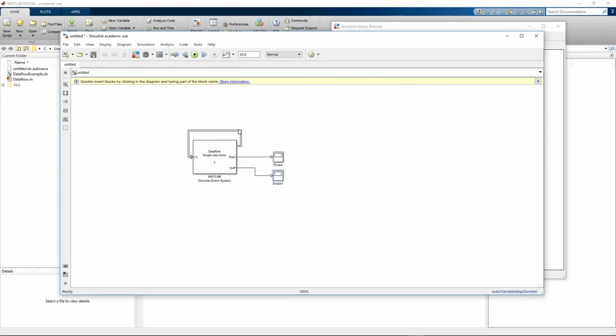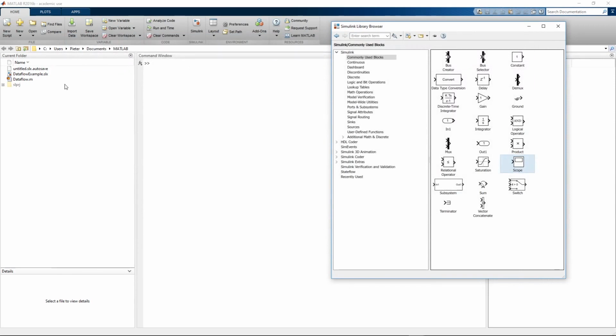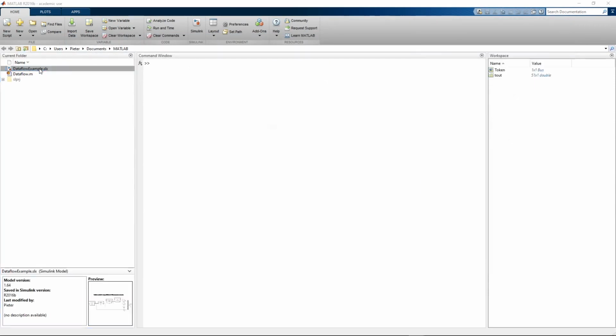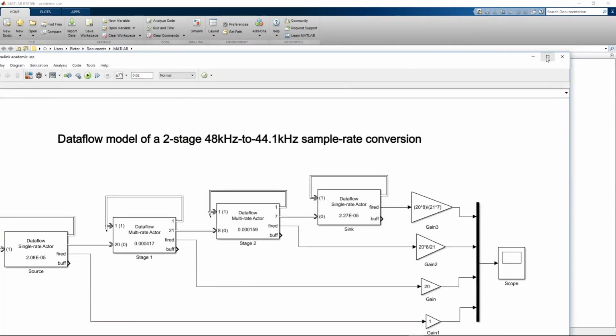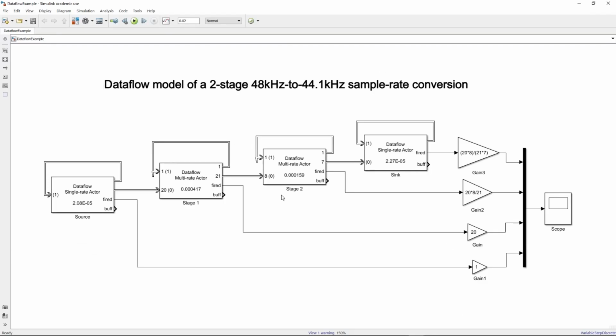Now this is a very simple model. Of course, if you want a more complicated model, then we can close this one. No, we don't need to save it. And we can open up the example that came with this block. And this one you can study for yourself, but this shows a Dataflow model of a sample rate conversion in 2 pipeline stages. This is of course a source that